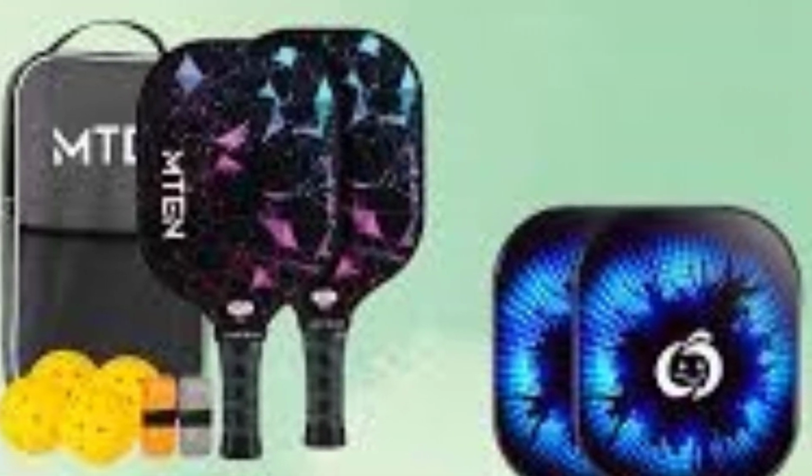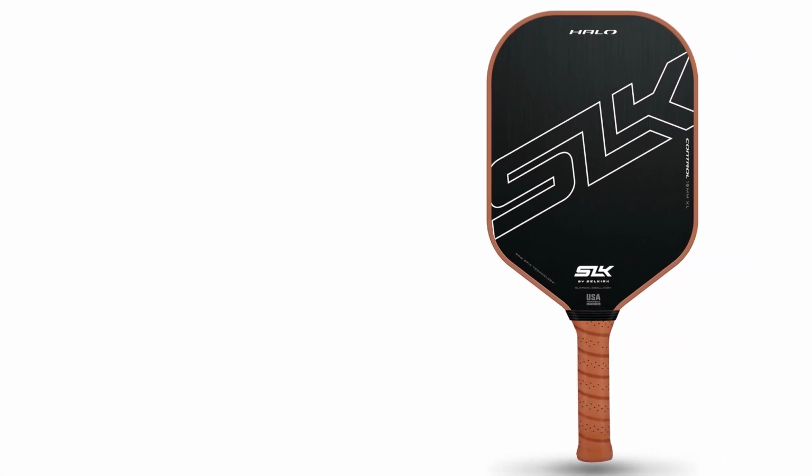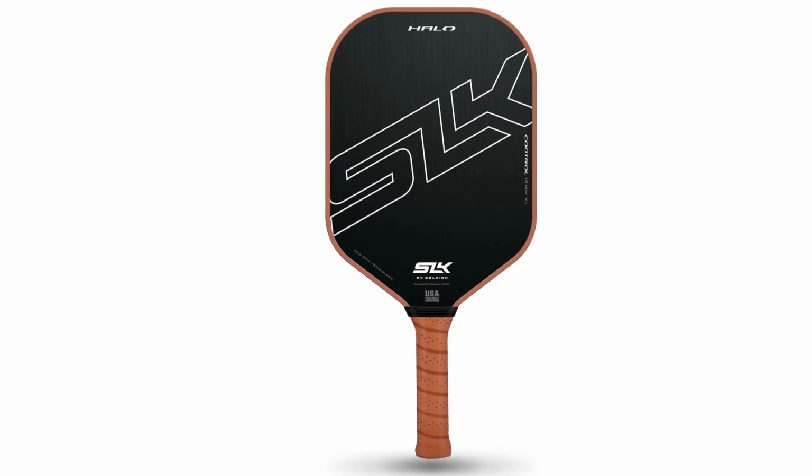The paddle's full carbon fiber construction, spanning the face, frame, and shaft, ensures lightweight durability and excellent responsiveness. Weighing just 8.2 ounces, the SLK Halo provides exceptional maneuverability and quick reaction time, helping players execute fast volleys, spins,